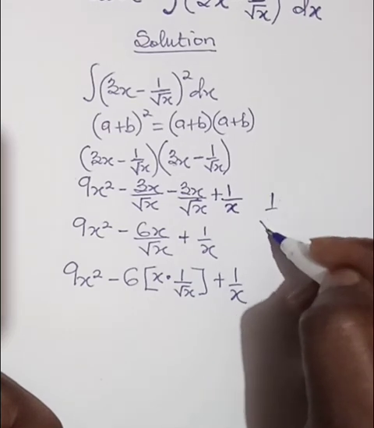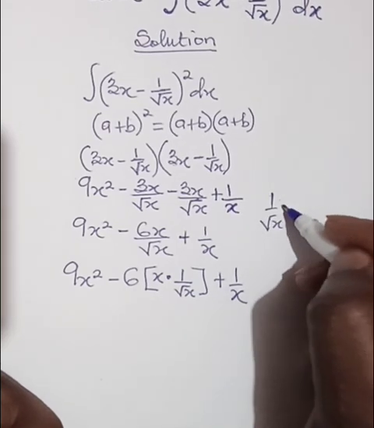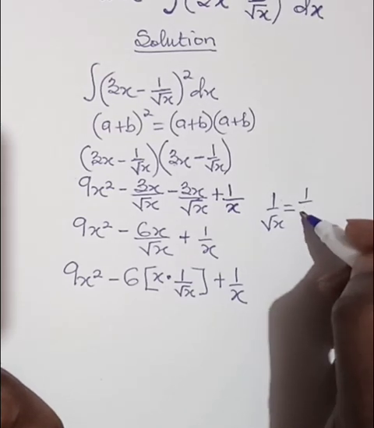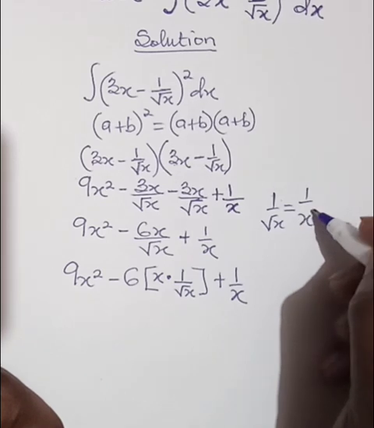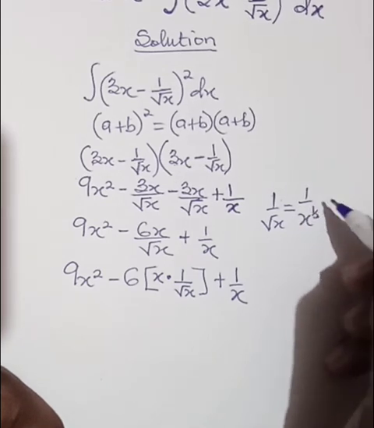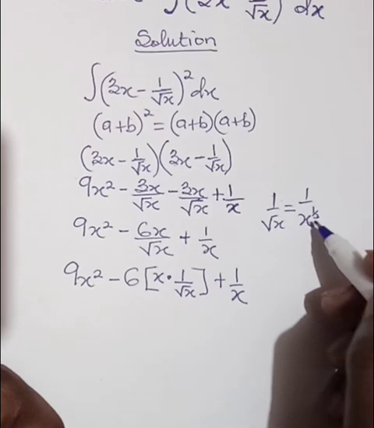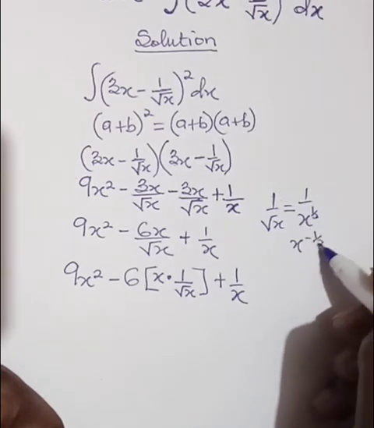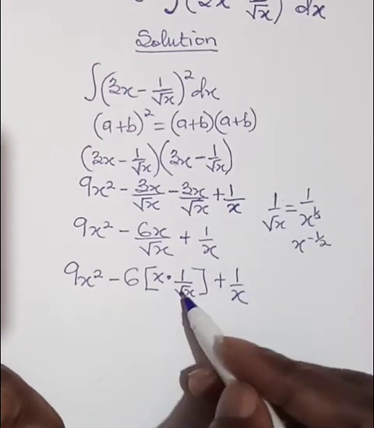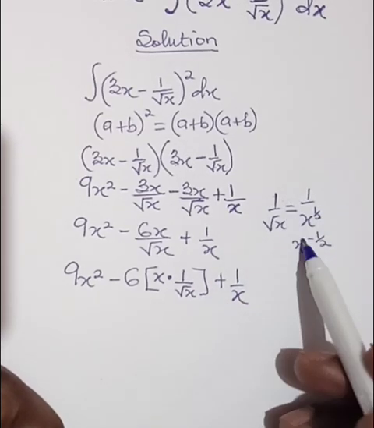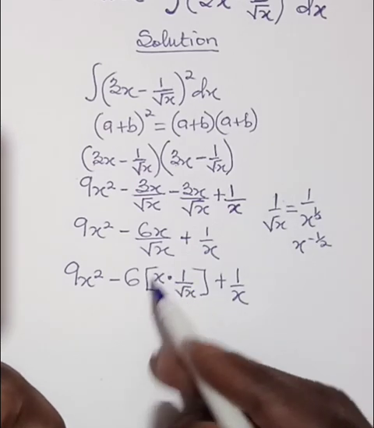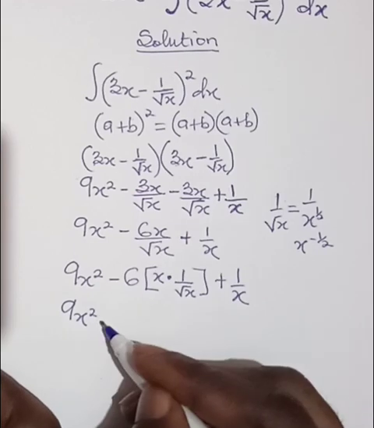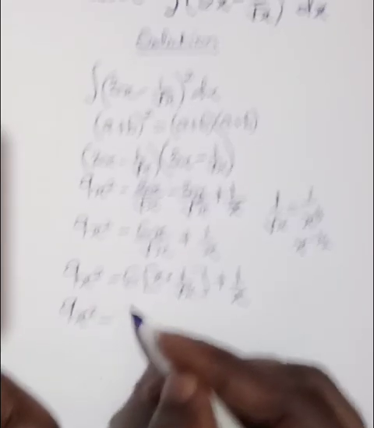So if I have this, 1 on square root of x, it can be written as 1 on x exponent half. If I'm to find the inverse of this, then I'm going to get x exponent negative half. Have you gotten that? Good. So if we understand it this way, then we can write it as 9x squared minus 6